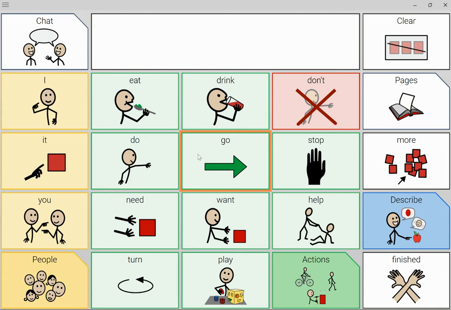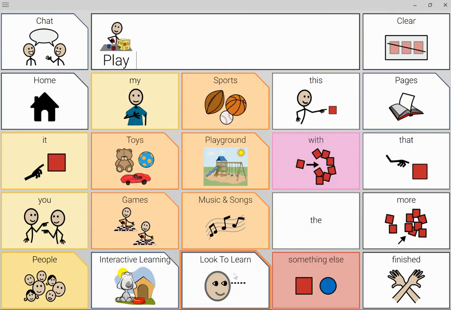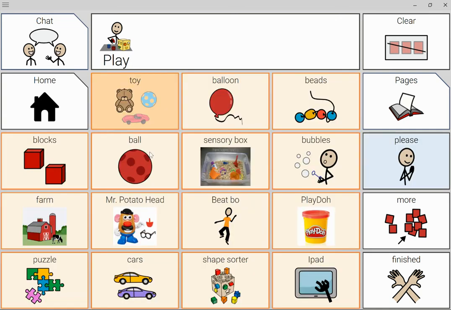We still have our color coding system, but Core Word 20 is a 5x4 grid set. Here we've added a message window so the user can build their message. It also features predictive linking, meaning when a word is selected, the view changes to offer the user choices of the next likely word. So for example, if I click play, it's going to bring me to some play vocabulary.